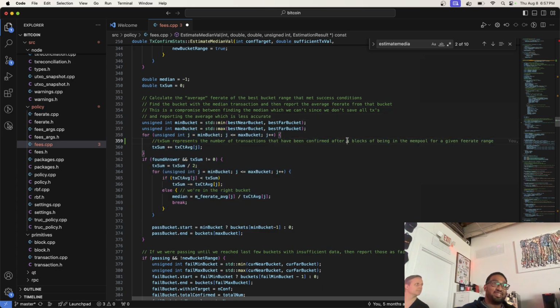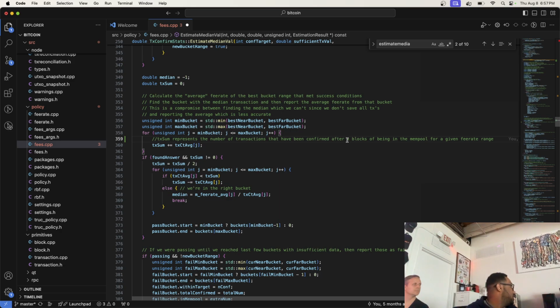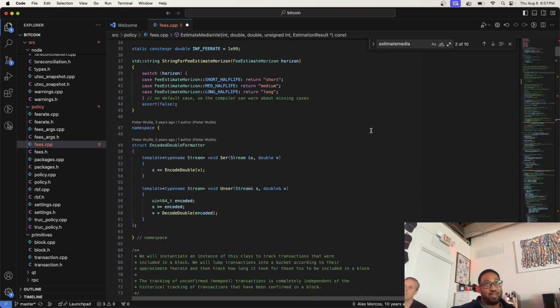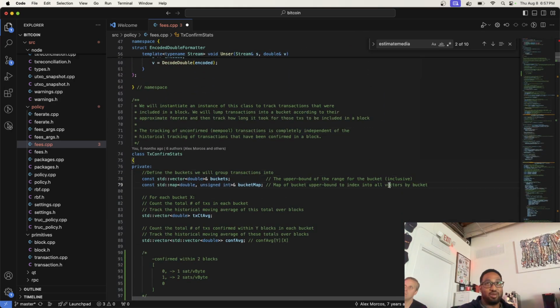Some of it is just, I don't know, it seems like C++ programmers don't like having good variable names. They have a million comments, but you could delete all the comments if you just had a nice long variable name. This is true. Or they assume you already know how the thing works. To be clear, I do not like this code, but this is just what we have here in Bitcoin Core. Alex Morcos of Chaincode, you can complain to him. And Ben Woosley also made some changes, which I saw his name on some of these comments.